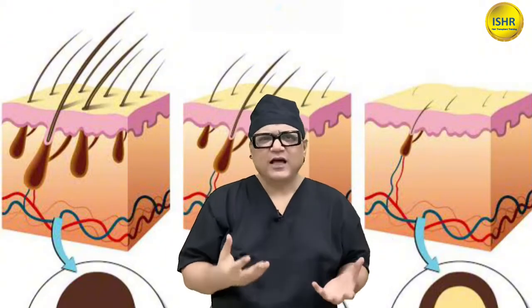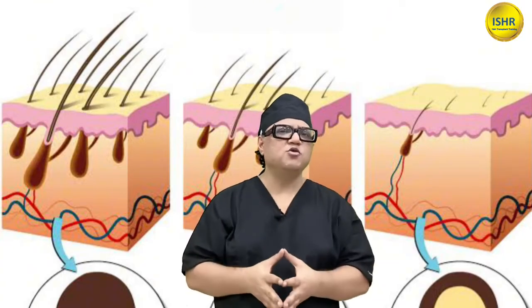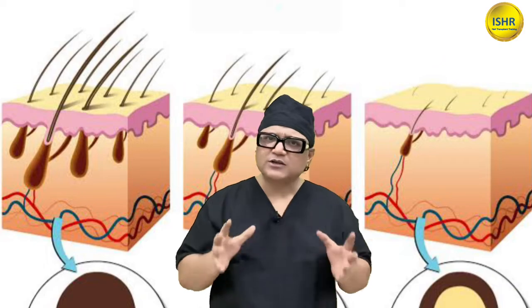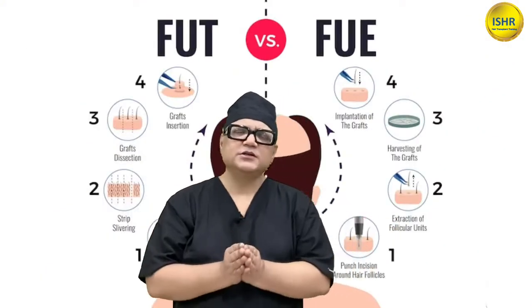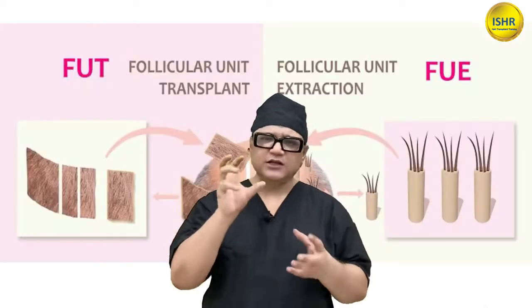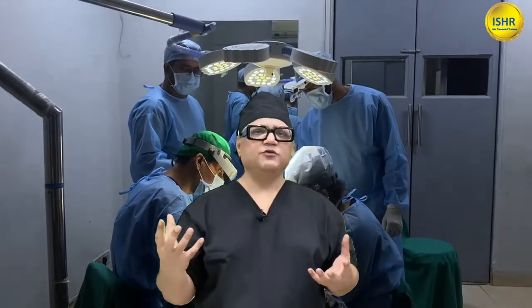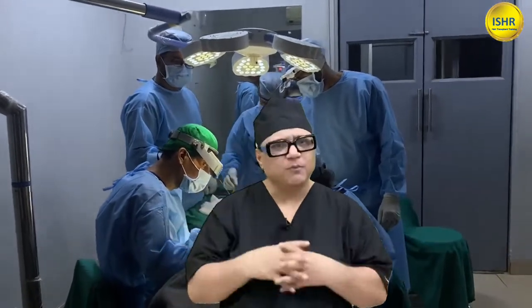Initially you will have a little transection, but as you become a senior surgeon, your transection rate should not be more than 3%. So there will be a whole discussion about the science of hair graft extraction and how to prevent transection for better hair transplant results. We will also discuss comparison between FUE, the newer technique where you take out single grafts, follicular unit excision, as well as FUT where you take a strip. Where FUT should be used, where FUE should be used, and where there should be a combination of the two.